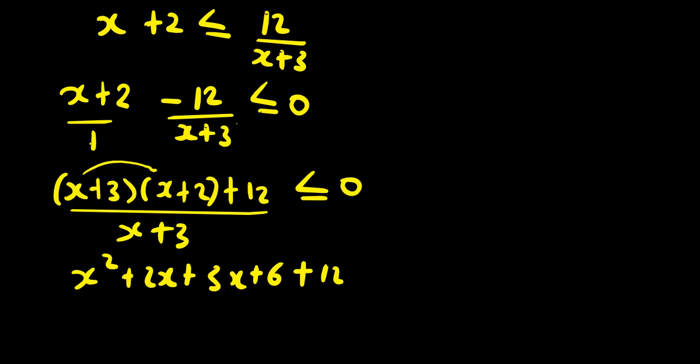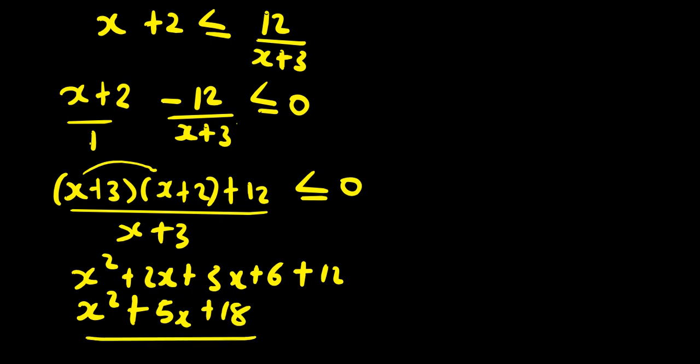Okay, we're correct. So what are we going to have? We have x squared plus 2x plus 3x, that is 5x. 6 plus 12, that is plus 18, over x plus 3. So you solve this, you find your answers, then you also have this one, then you come up with a